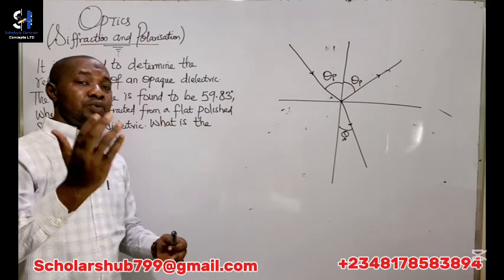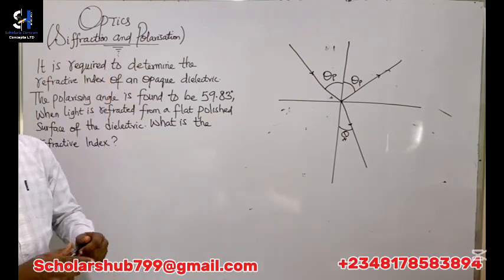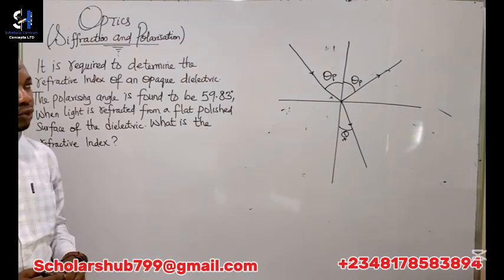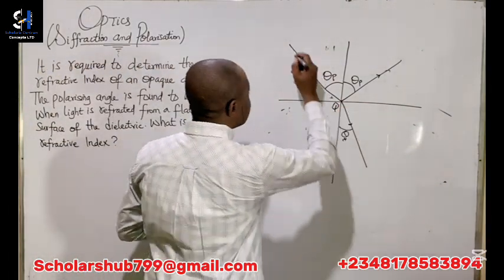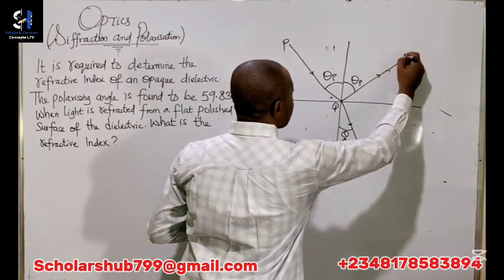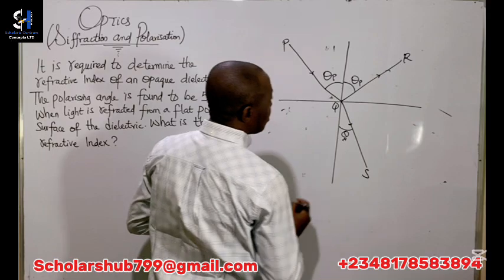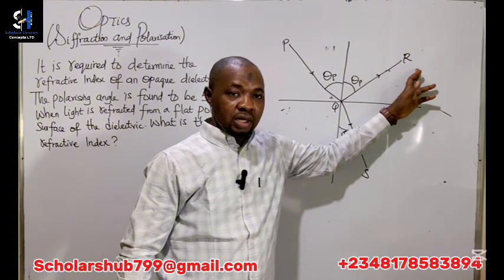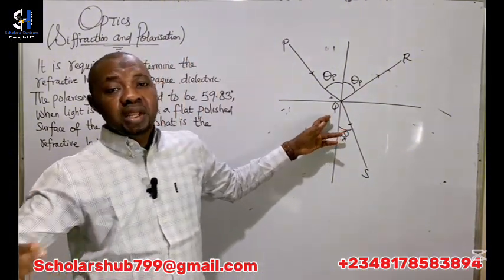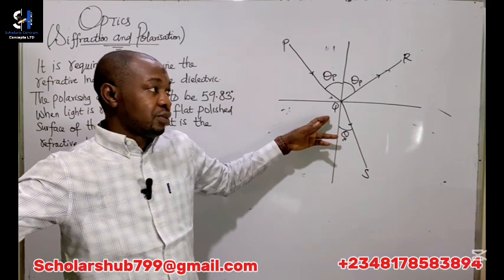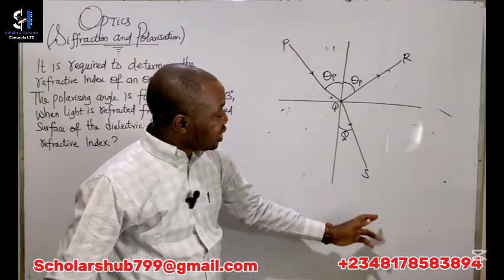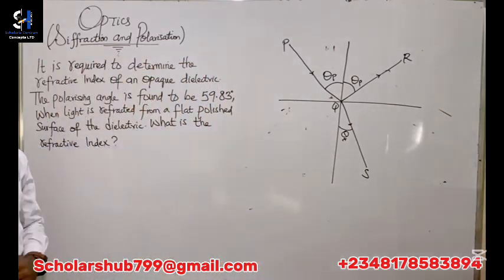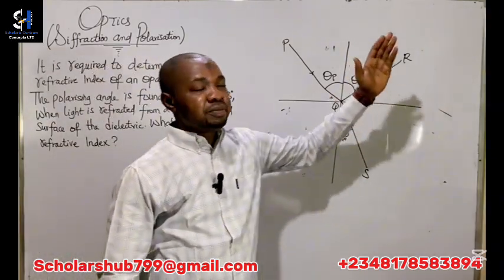That is, it will be completely polarized, because the natural light falls on the smooth surface at a polarizing angle. Now, let's say this is Q, then this is P, and this is R, and this is S. The light will be reflected along QR, and it will be completely plane polarized light. Then the refracted beam will be partially polarized, but the reflected beam will be